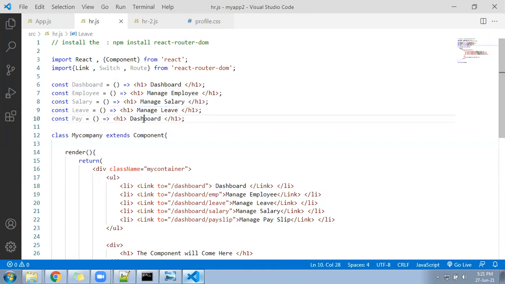Let me write here manage employee payslip. So see, I created 4 components, but these are called internal functions, not internal components you can say, or you can say inline function, a fat arrow inline function. So you saw the steps that we did.